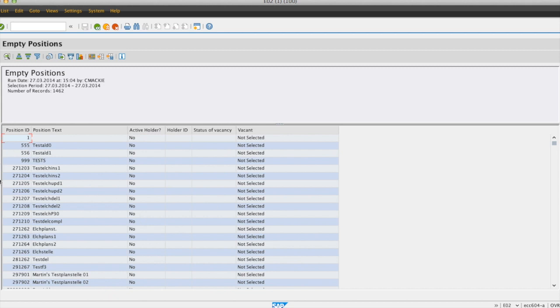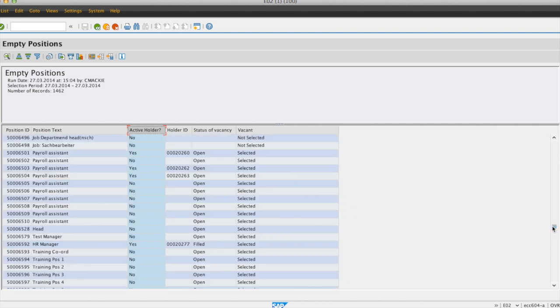Now basically what this is telling me is, here's all my empty positions. This is my position ID. The active column tells me whether there's actually anyone sat within that position, or the active holders. Status of the vacancies. Now if you've got vacancies activated or deactivated, this is going to tell you whether there's a mismatch. So in this example here, we've got a payroll assistant. It's telling me there is an active employee. Here's the personnel number in this field here,